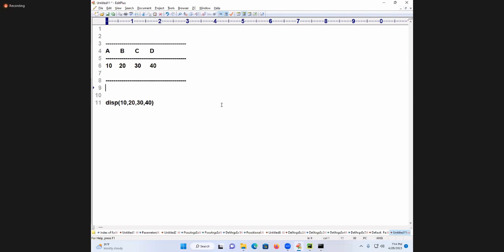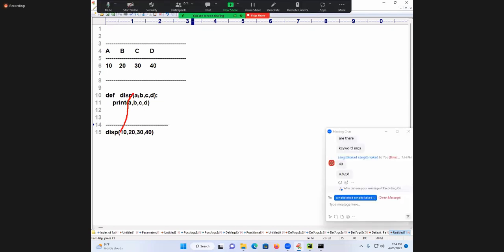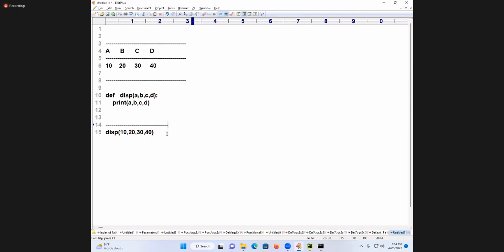What is my function name? def display(A, B, C, D): print(A, B, C, D). This is a function call I am taking. Are you following me? 10 is going to A, 20 going to B, 30 going to C, 40 going to D. What is this called? Positional arguments.